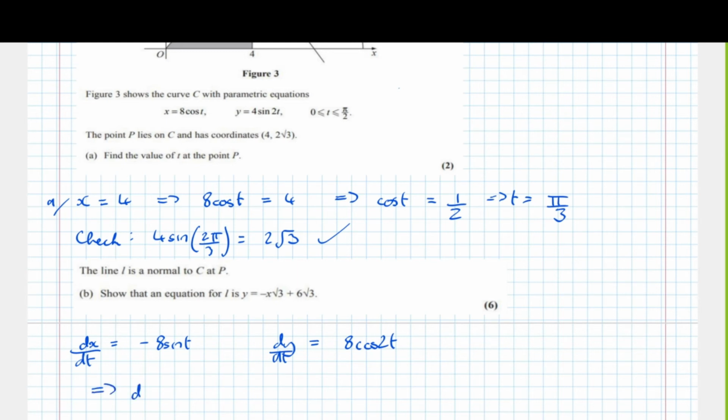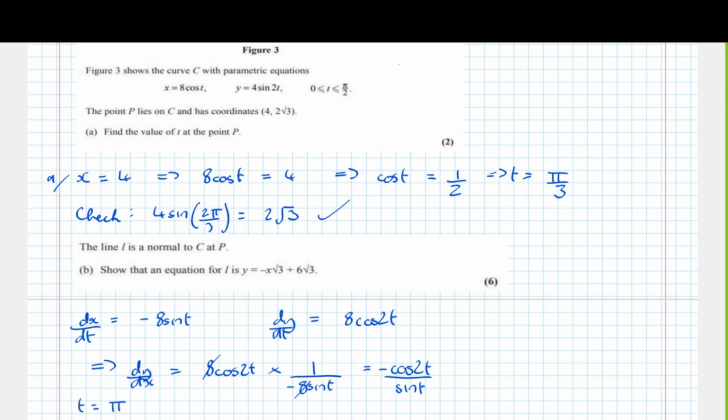Which means that dy by dx equals 8 cos of 2t times the reciprocal of dx by dt equals, so 8 over minus 8 disappears, so we get minus cos of 2t over sine t,